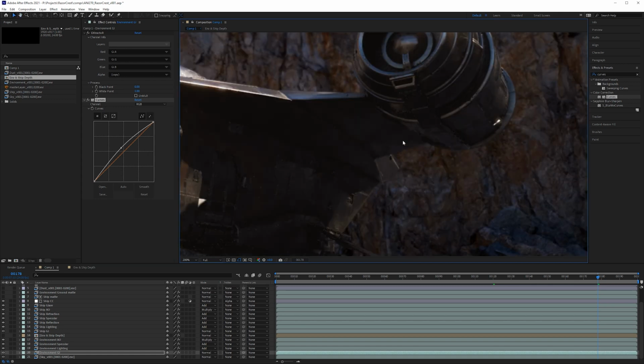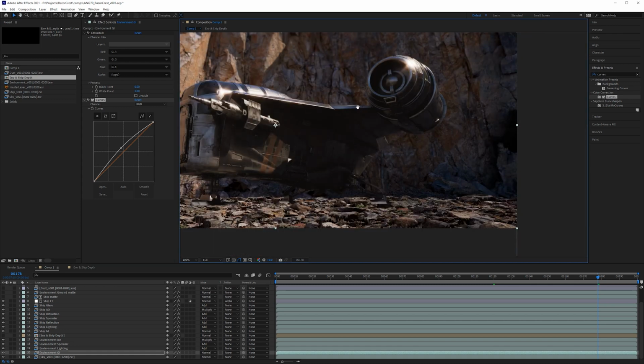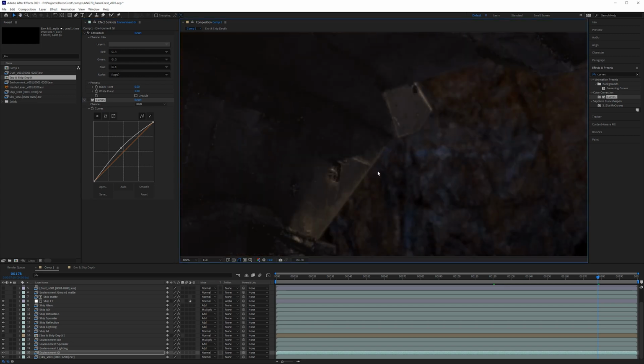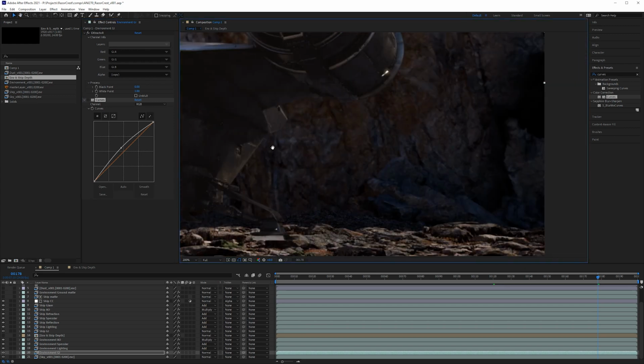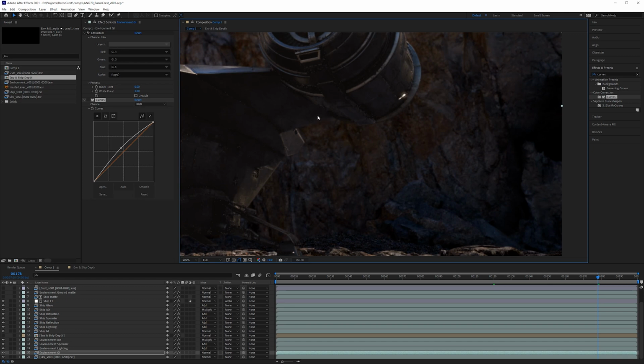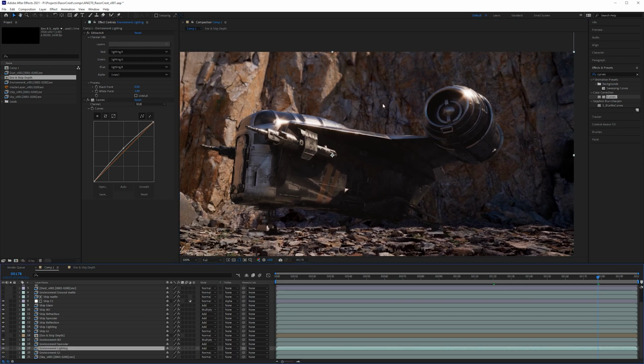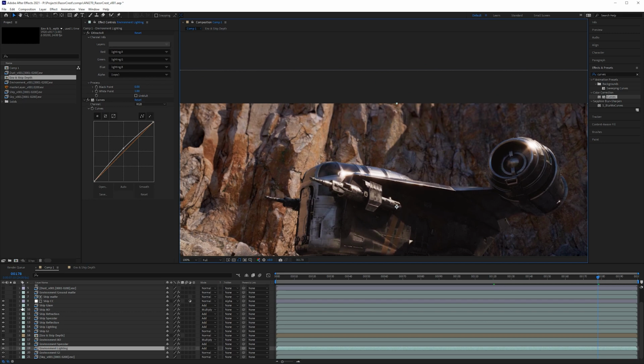Personally, I do think that looks good because we boosted the reflections on the ship. So by leaving this so dark, it kind of looks a little awkward that we're getting a lot more light from here and around the edges here. That kind of makes more sense like that. So I'm going to leave that with a small adjustment on the GI and a small adjustment on the direct lighting pass. So if I toggle that on and off, you can see we've made it a little bit brighter.